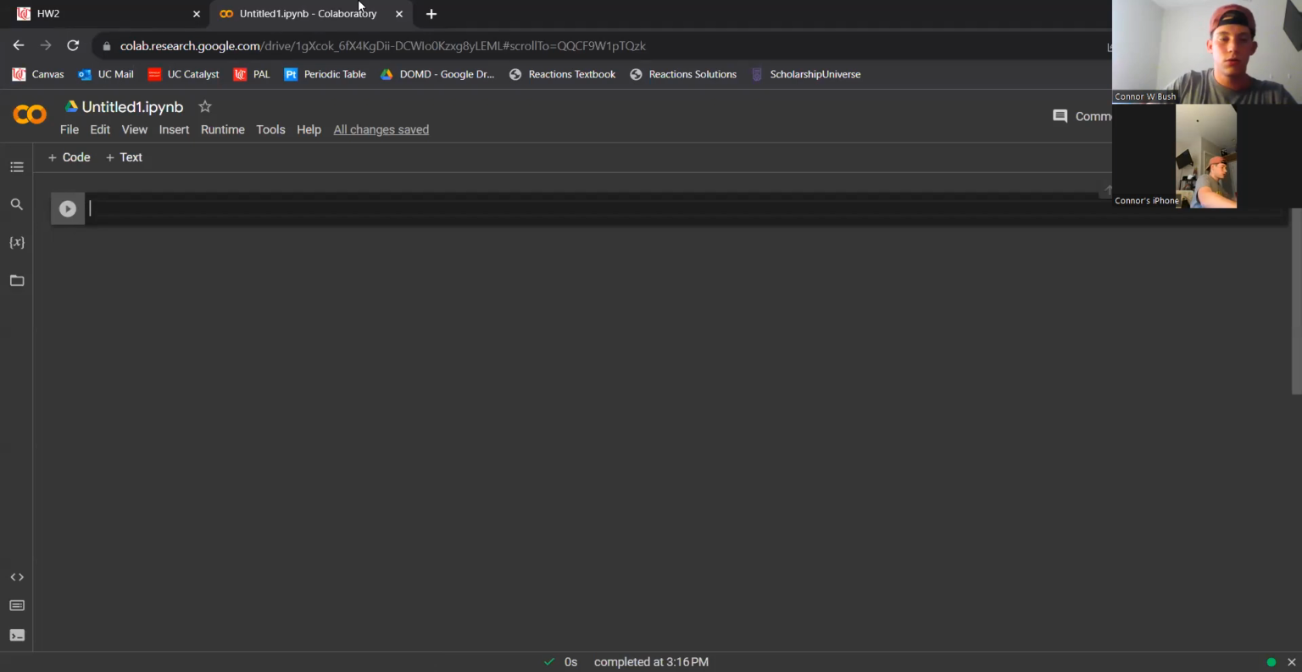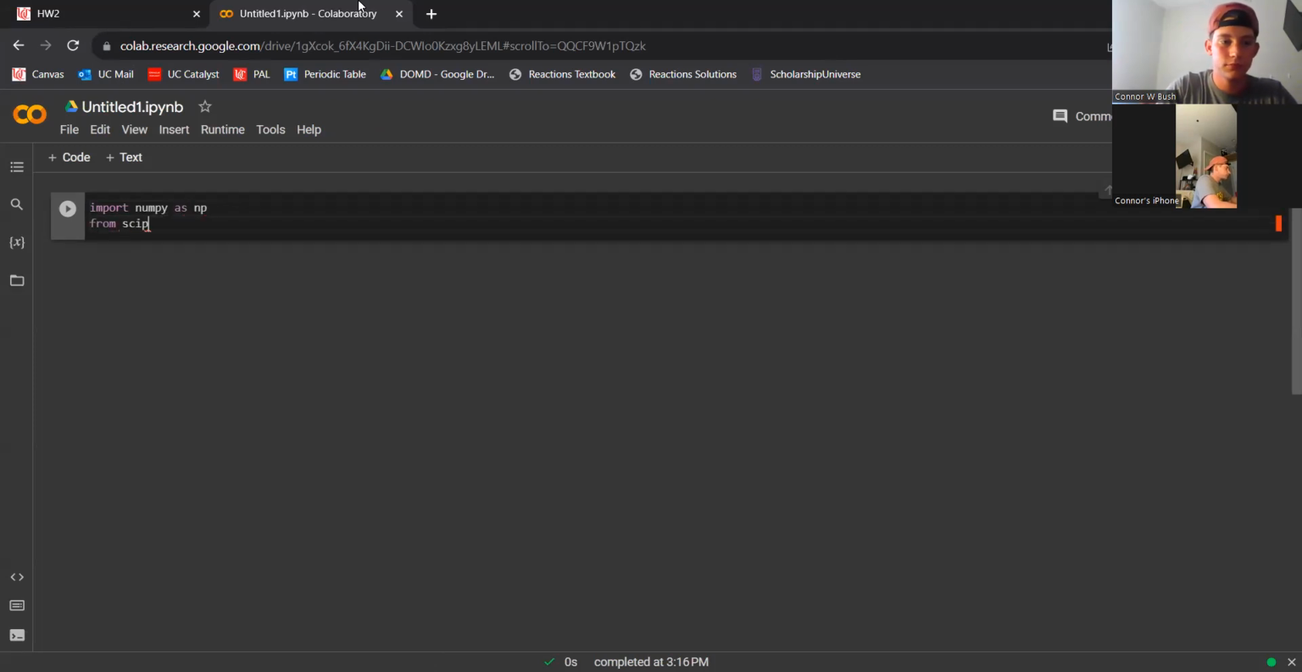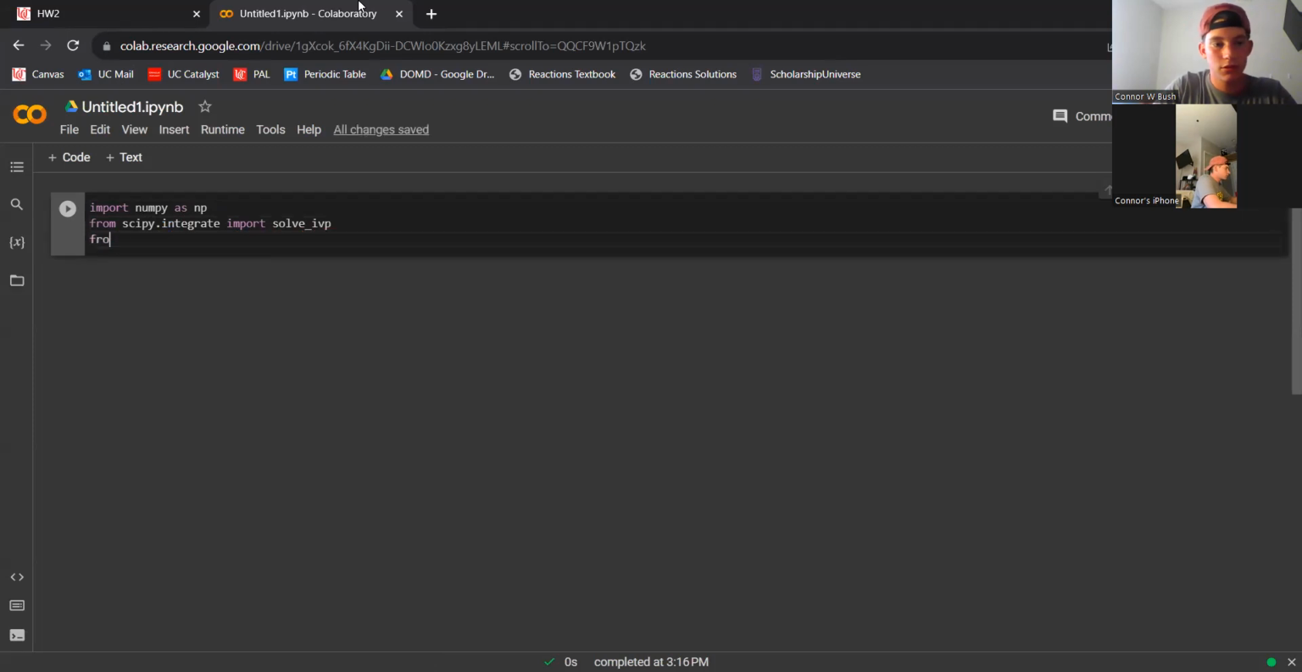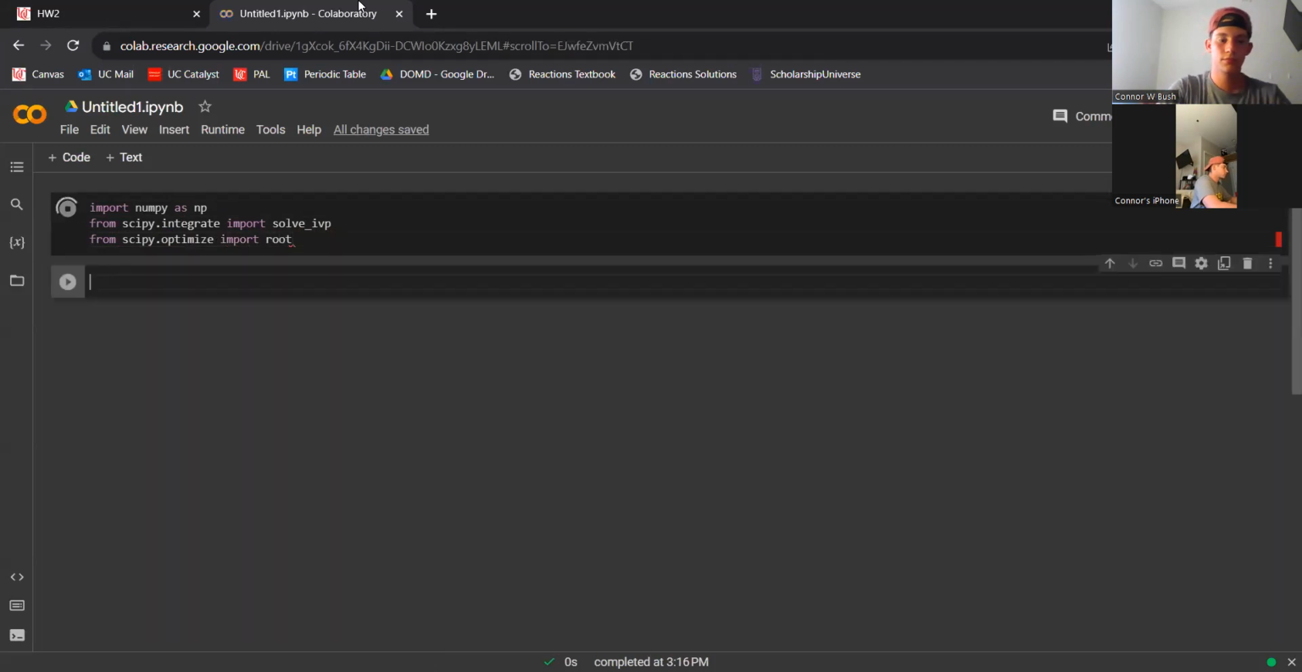So we need to import a few libraries as tools. So we are importing NumPy and then a few tools from SciPy. And then next we need to initialize our initial conditions. So in an array,